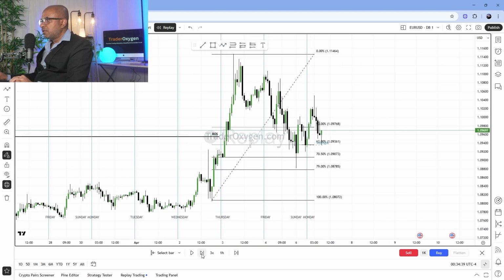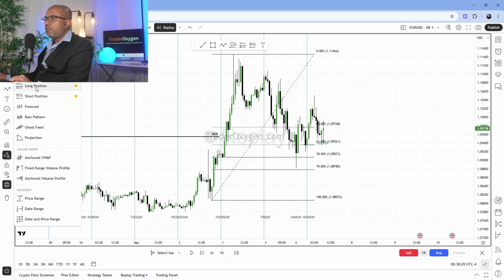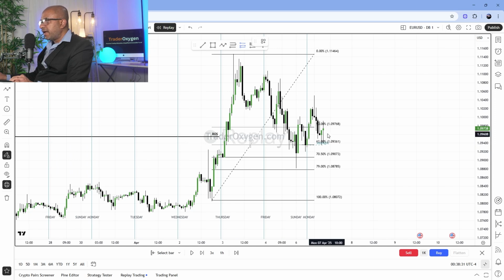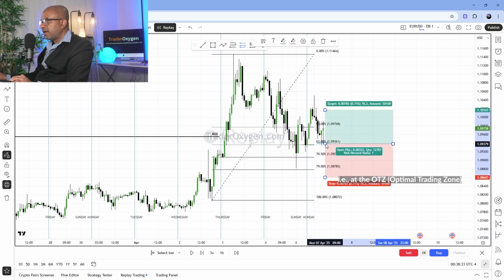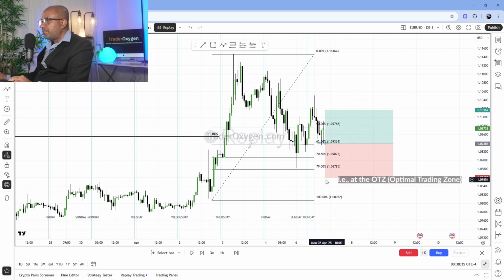Now the price came and hit the fib 62% area. Now the time is within our trading time interval, which is close to 8:30. So now we can place a buy limit order. You can place a long position around 8:30 AM in the fib 62% area, and you will place your